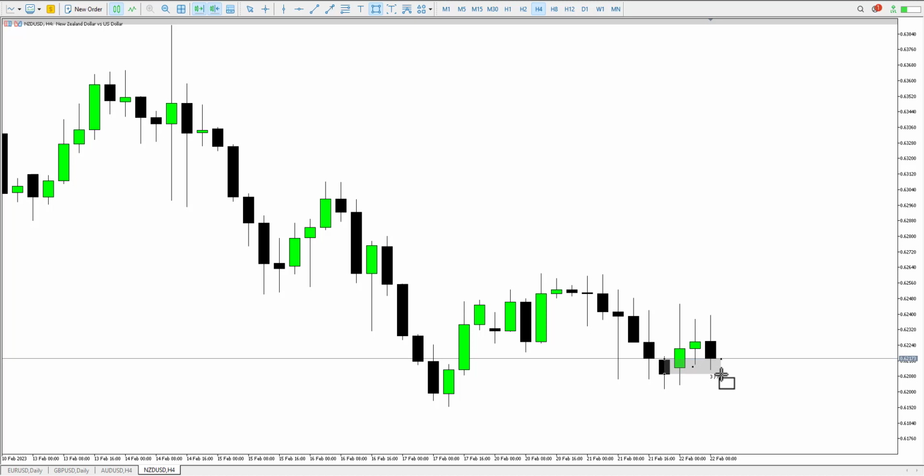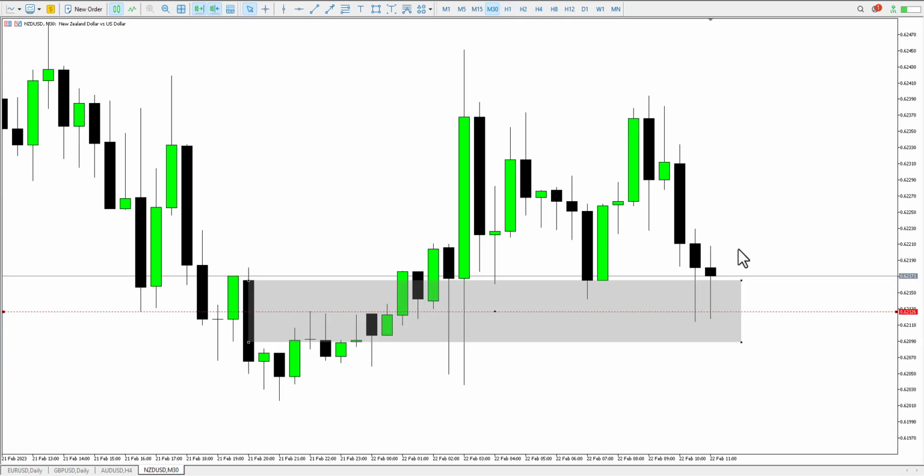NZD-USD returning into fair value, returning into fair value in the form of an H4 bullish order block. So NZD-USD is returning to fair value in the form of a bullish order block. It hasn't created a new low. It hasn't ran the stops. So the chances of price finding